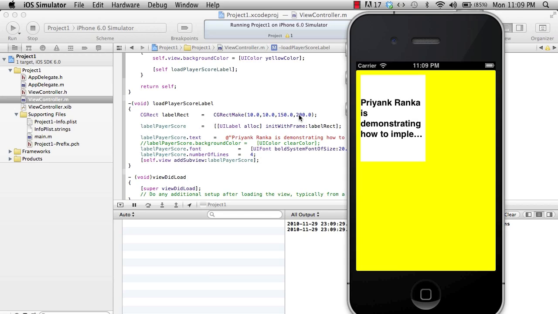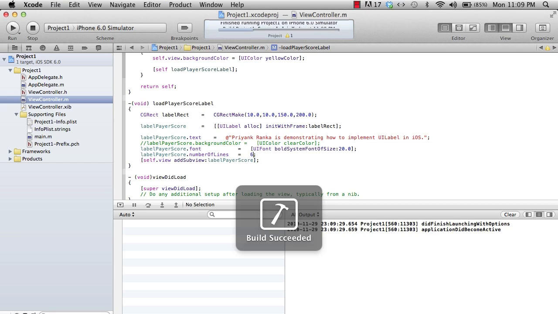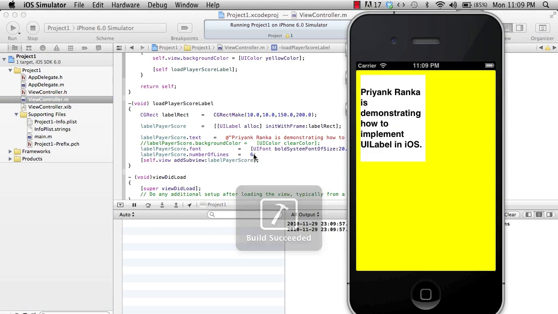it goes to the number of lines, 4, by applying some line breaking algorithm, but after that it says dot dot dot. It means number of lines is the maximum number of lines from where a line breaking will be applied, and after that it will say dot dot dot. So I make it 6. Suppose my text is huge and I make it 6. Now I see it. But what you can see is